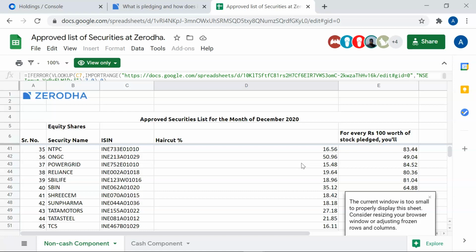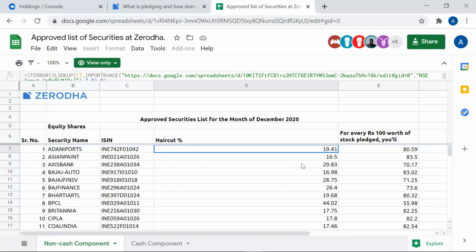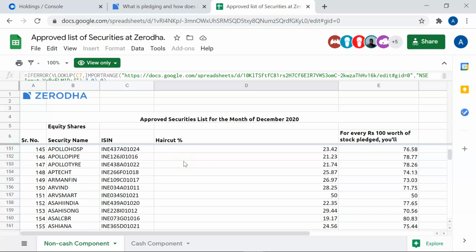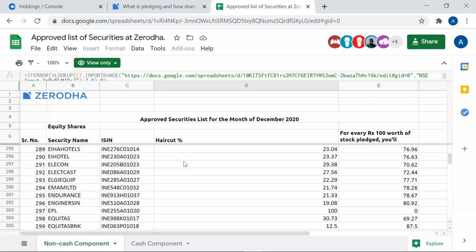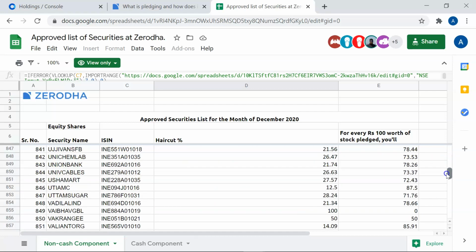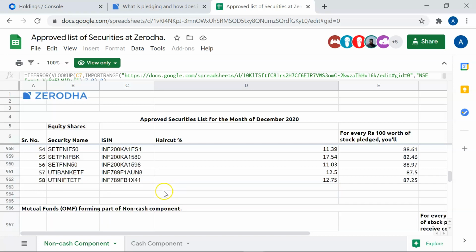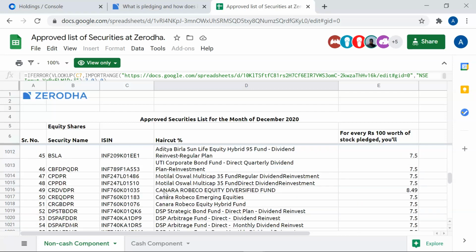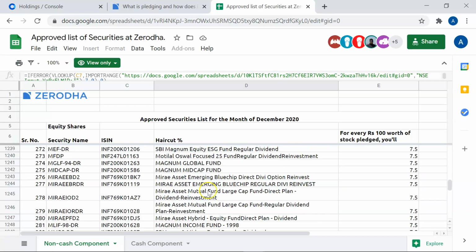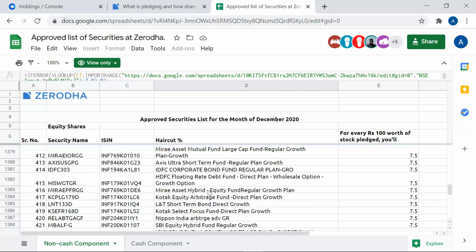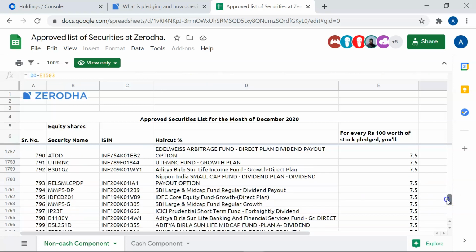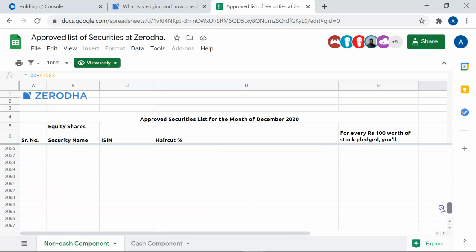And the second and important difference is whatever securities, shares or mutual funds that are present in the non-cash component tab, ETFs as well, mutual funds as well, if you pledge any of these things, only 50% of the margin amount that you are going to get by pledging these can be used as collateral margin for option writing.